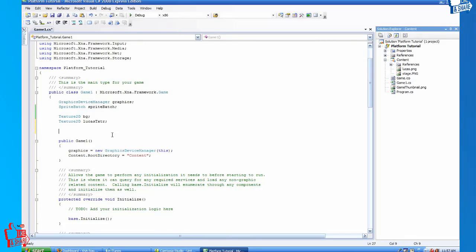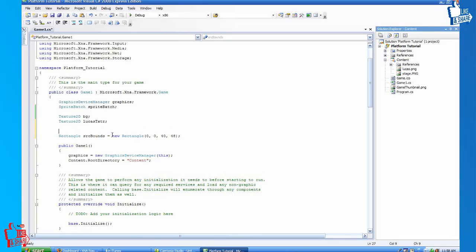Call it source bounds, srcBounds. Make it a rectangle equals new Rectangle(0, 0, the width of one sprite, and then the height of one sprite in the sprite